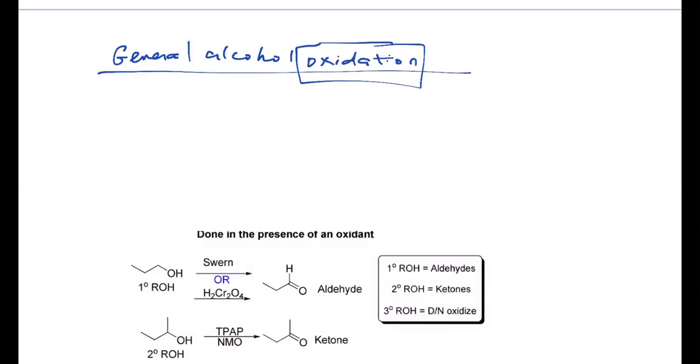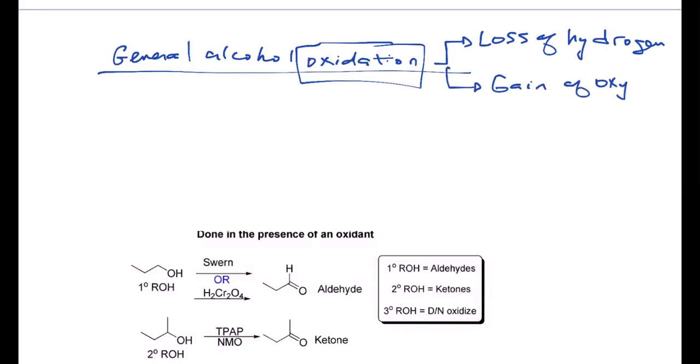In G-Chem, when you learned about oxidation, you learned about losing electrons or gaining electrons. In organic, oxidation is either loss of hydrogen or gaining oxygen,